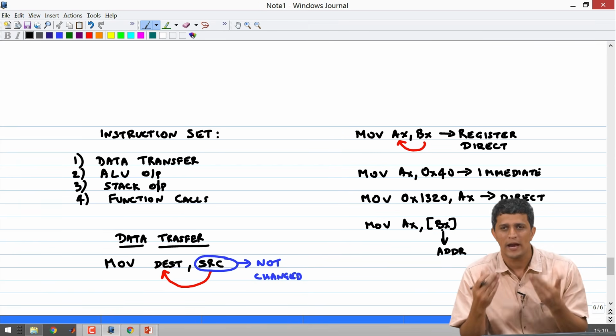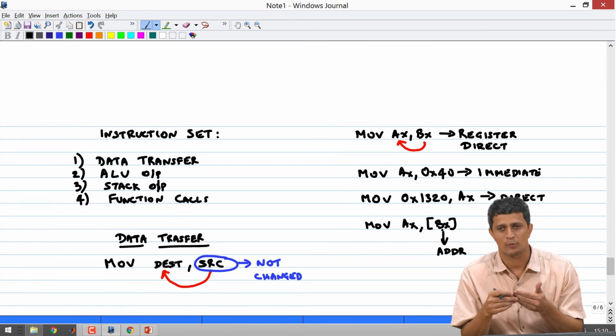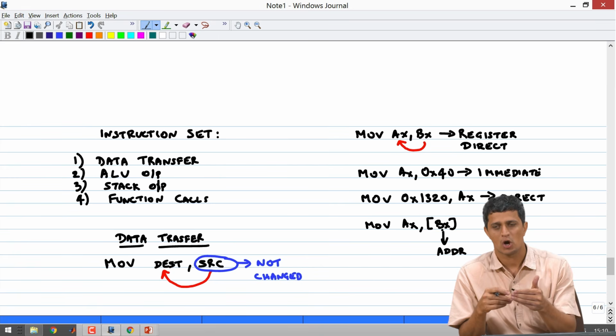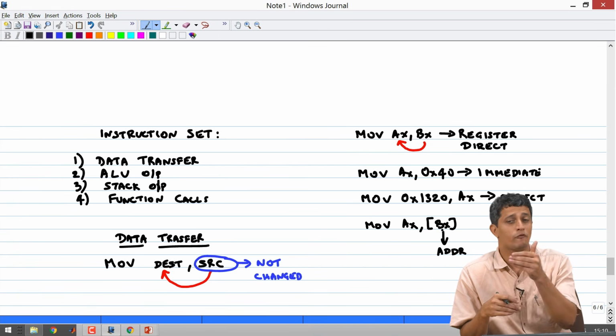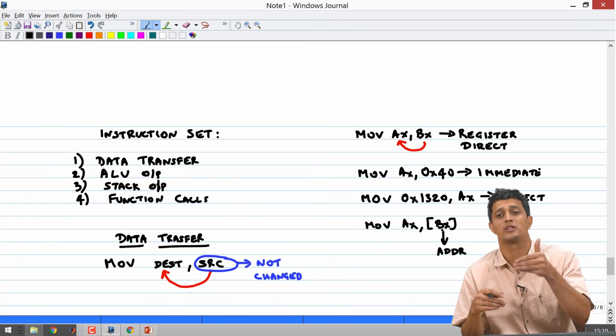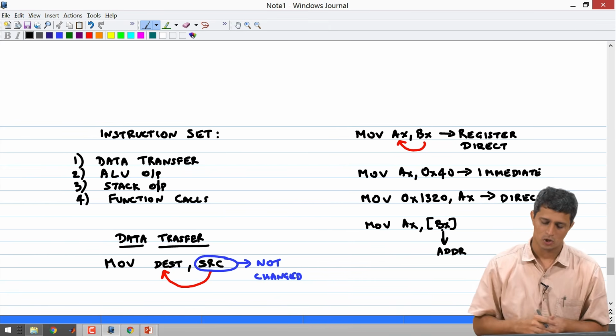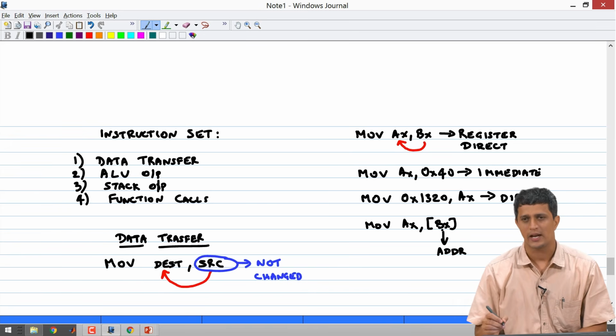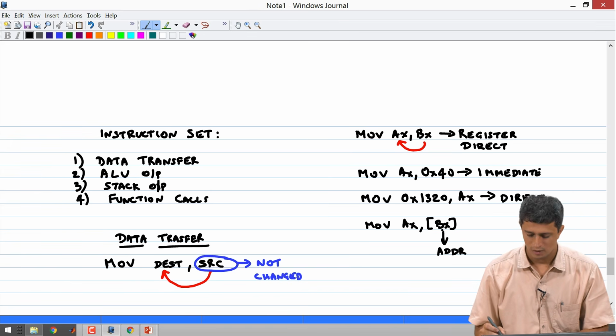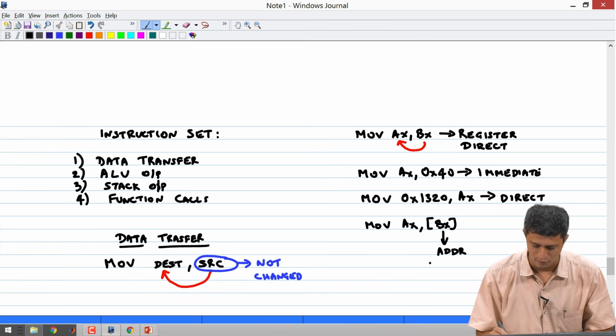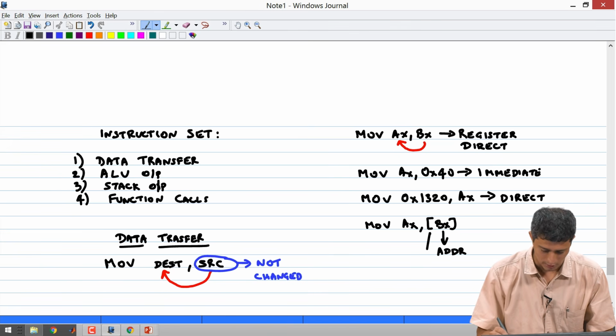So, we need a way to tell the microprocessor that I need you to fetch not just 8 bits, but 16 bits or even 32 bits starting at that location. That is given by a specification which is, instead of just BX, I would say